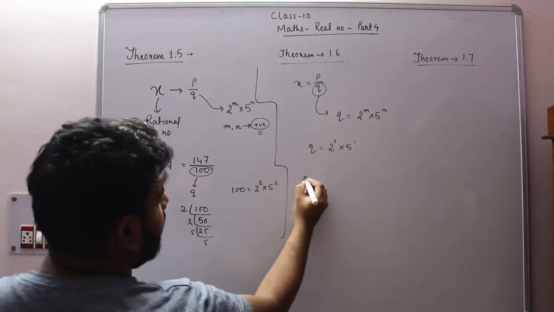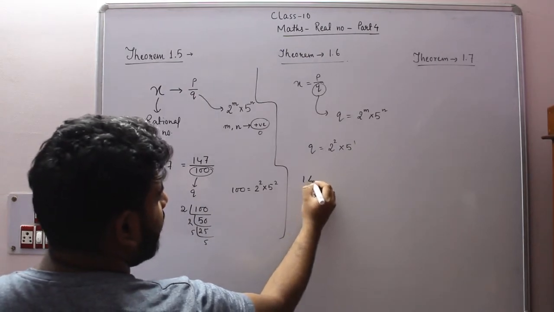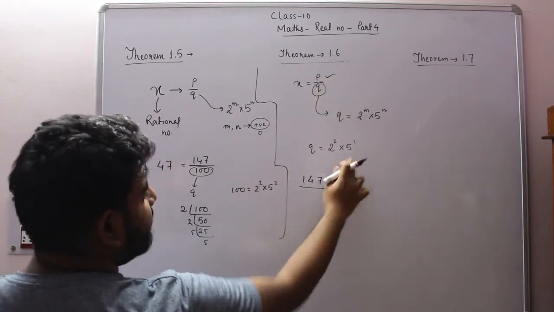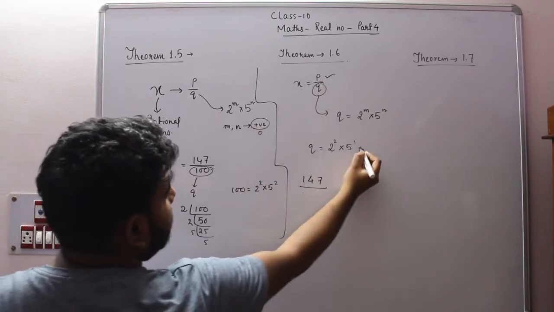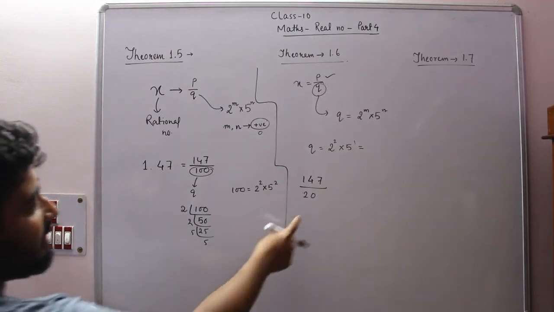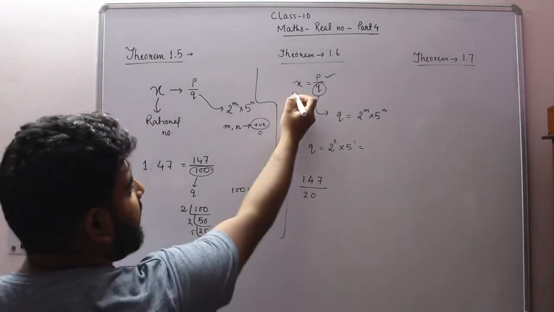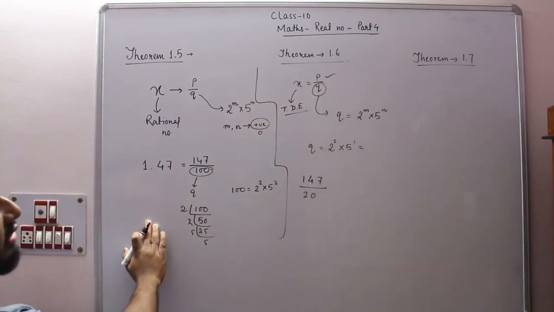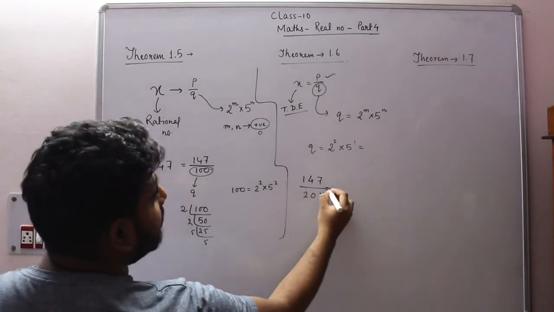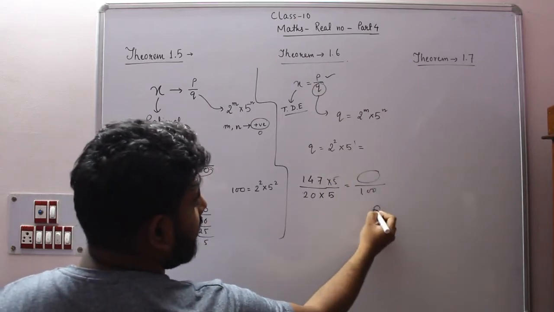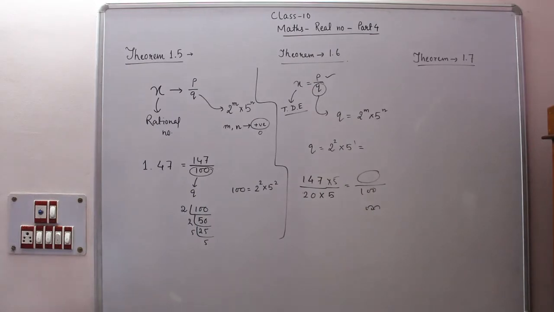So suppose 147 again I am taking as p. So this is our p, and q is in the form of 2 to the power m into 5 power n. So that makes it 2 to the power 2 into 5, 4 5s are 20. So they said if this is the scenario, then this number can be in the form of a terminating decimal expansion. That means this is the reverse of the first. If you multiply by 5 in both, the denominator will be again 100. So whatever the answer, you will write 2 decimal places, since there are 100. This is just the converse